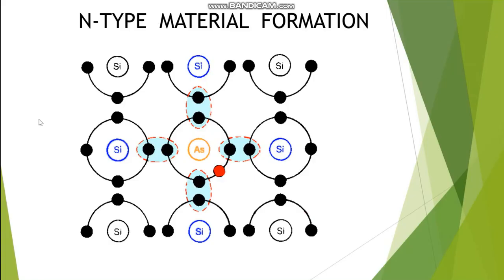Now, what we're doing is we're introducing an atom that has an excess electron. As we can see here in red, we have an excess electron. So if I have an excess electron, I have 1 more electron than I do protons, so it is inherently a more negative type material. So that electron is free to roam throughout the lattice structure. And it isn't until I apply a force, the same as that, in other words a negatively charged force, that electron is going to be compelled to move. And of course, it would move to another area where there is an opening for it,